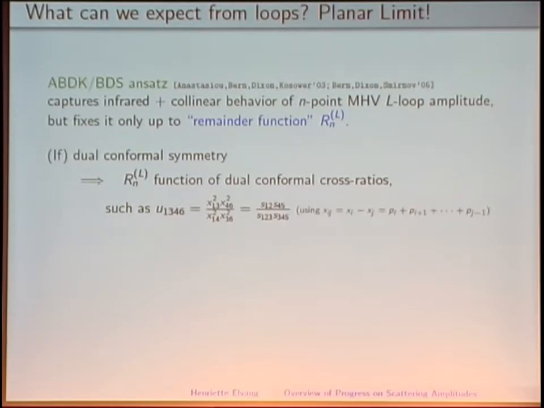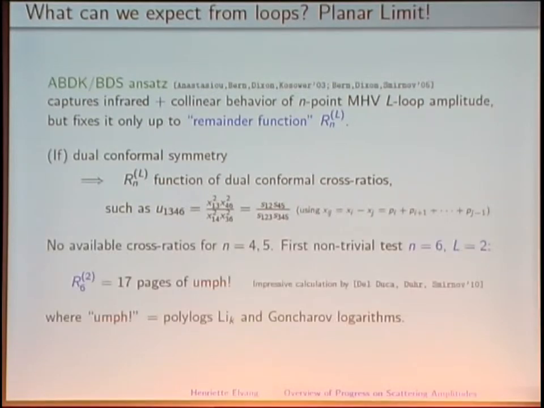Some of these objects, these Mandelstams, would always vanish at 4-point or 5-point. So you have to go to 6-point to see anything non-trivial. And so the first non-trivial test was 6-point at 2-loop order. A heroic effort by Del Duca, Duhr, and Smirnov, a very impressive calculation, calculated this remainder function using a